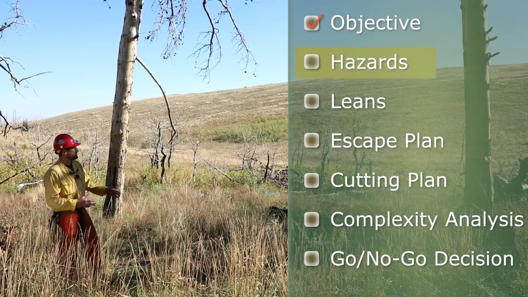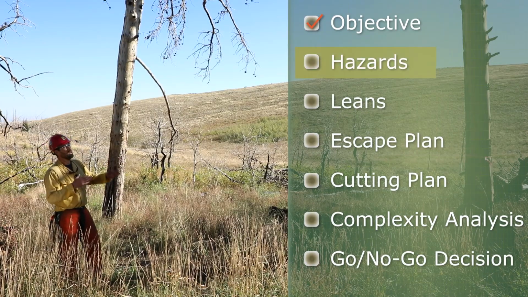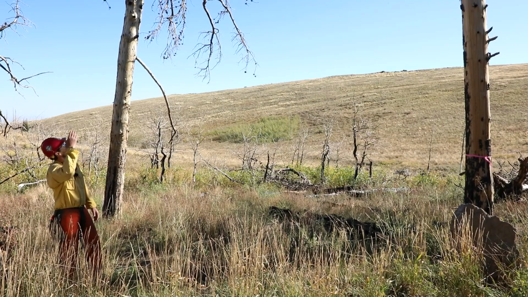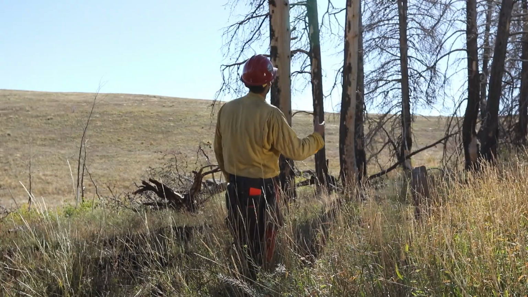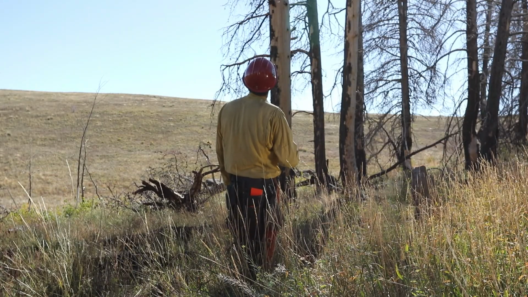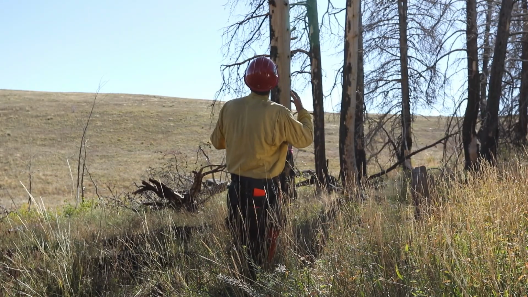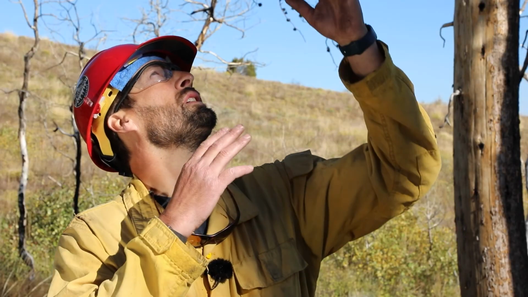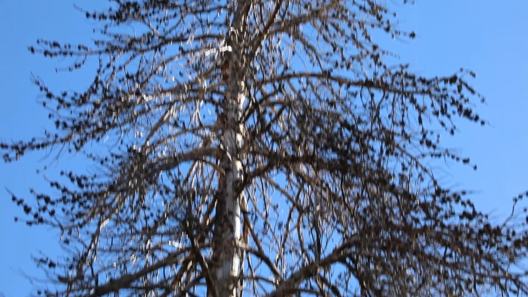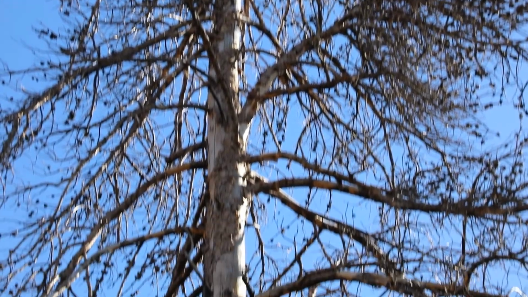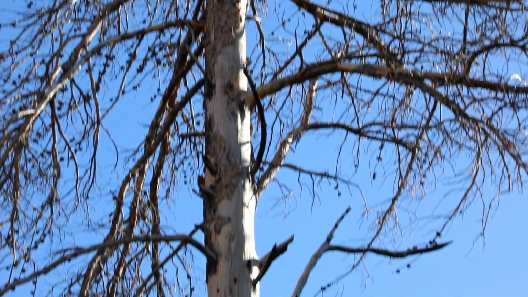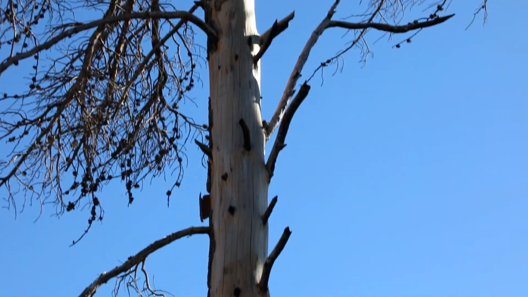So as I begin my hazard analysis on this tree, I'm taking into account that I evaluated the top of the tree while I was observing the work area and the cutting area and didn't make note of any observable hazards. However, we're going to take a closer look, starting at the top of the tree, working our way down. So as I work my way down, there are a few broken branches that are hung up, and the majority of the bole of the tree is devoid of bark.